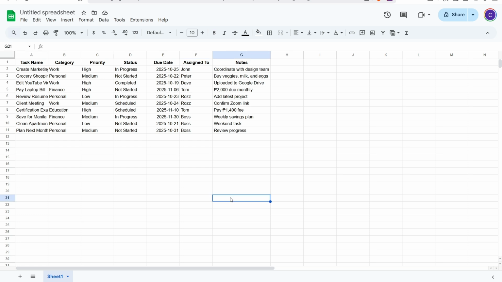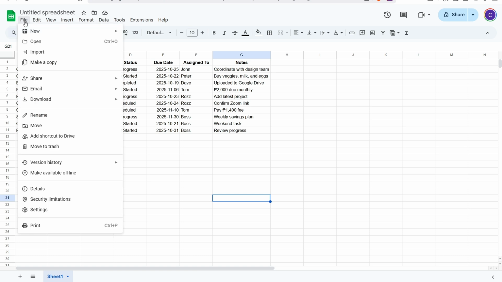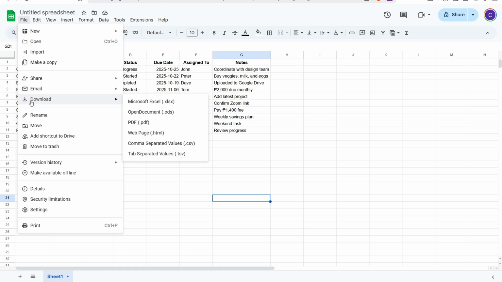Now, in order for you to actually import this into Notion, you want to go to the file itself, and then what you want to do is you want to click on Download, and then you want to make sure that whenever you export this file, it will be a CSV file instead of an XLSX. Click on CSV,